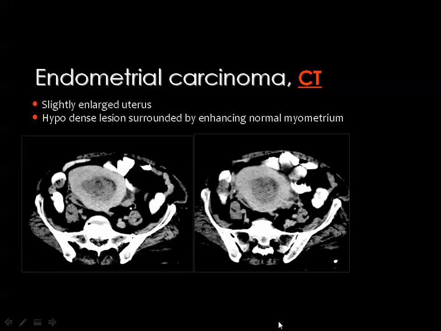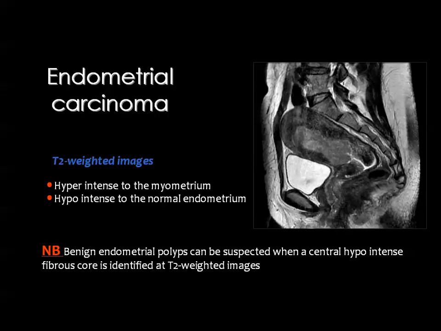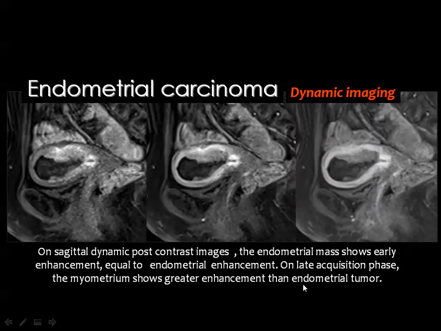Also, the CT appearance of endometrial cancer is non-specific as well. The uterus is slightly enlarged, and it contains an abnormal soft tissue mass, which may invade the endometrium, as you know, the myometrium, as you know. Then by MRI, the endometrial carcinoma is a mass which is brighter than the myometrium on T2 and less bright than the endometrium. And of course, you know that in MRI we may use the triphasic study, and